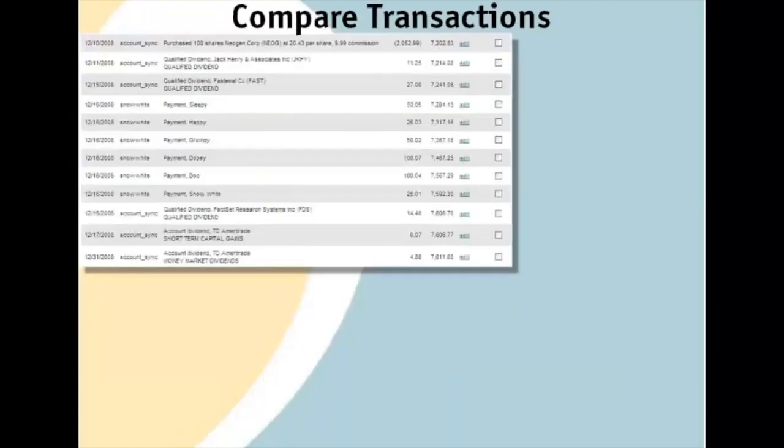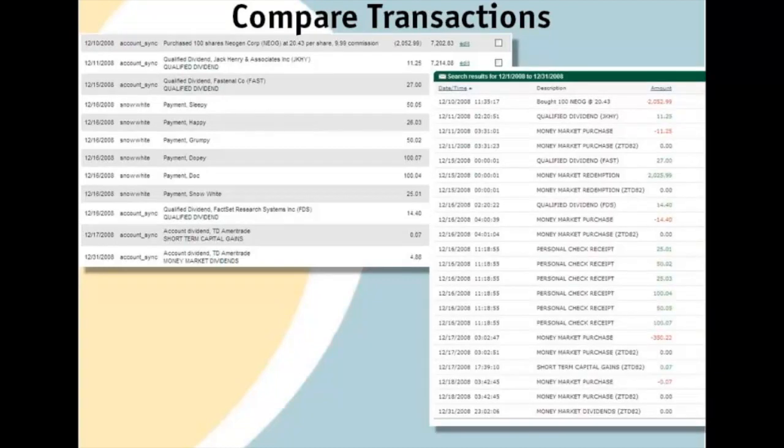To search for the reason the cash balance is off, we'll use the brokerage transaction list from bivio. What's nice about online brokerages today is that you can also get a transaction list from your brokerage website. Once you have the two lists, all you need to do is go down the transactions, checking to make sure that all transactions on the brokerage list are also entered in bivio and that the amounts agree with the amounts in your bivio